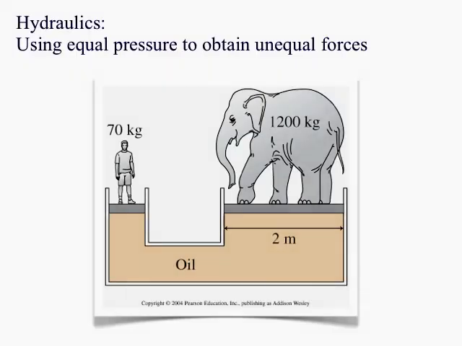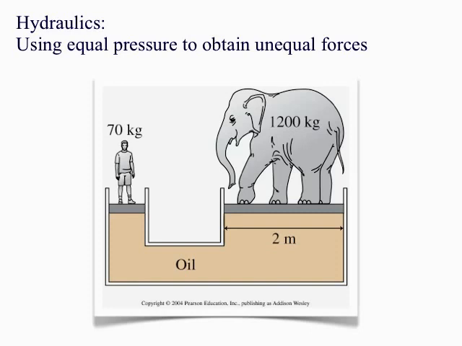We can use this knowledge and apply it to mechanics. Hydraulics is using fluid pressure to lift heavy objects. So what you're seeing in this figure is a person of mass 70 kilograms, and therefore a weight of about 700 newtons, pressing down on a platform. We'll say it's a square platform, which rests upon oil, at the same level